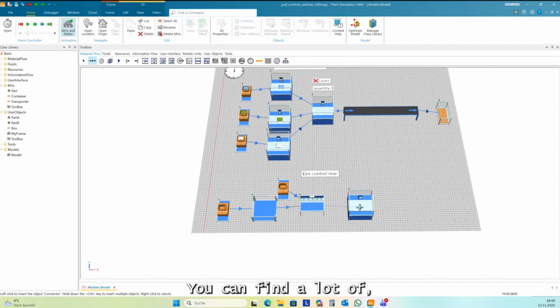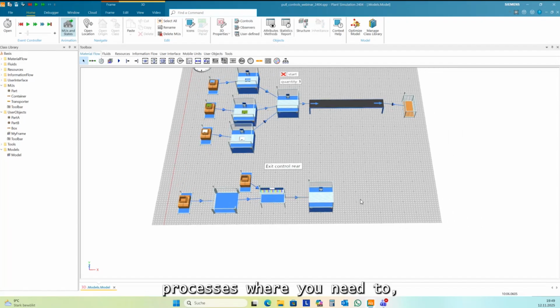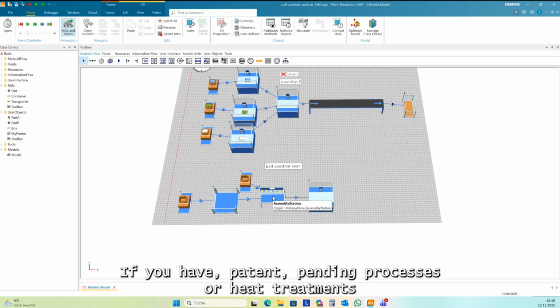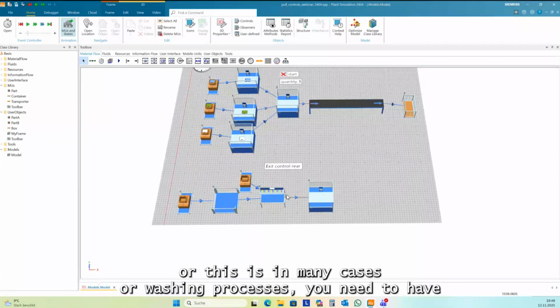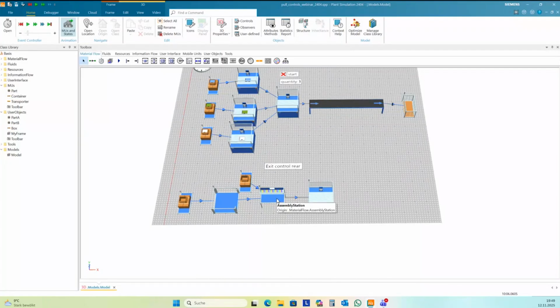You can find a lot of processes where you need to assemble parts on a carrier, for instance painting processes, heat treatments, or washing processes, where you need to fill the parts in baskets.